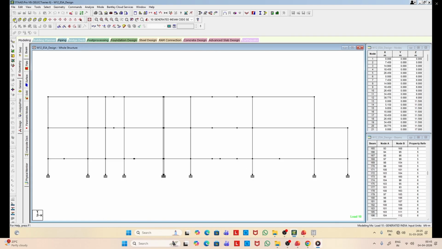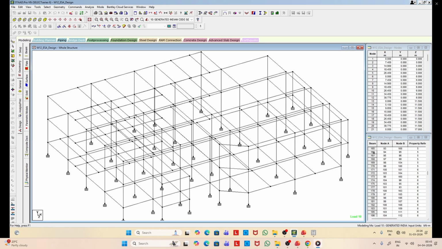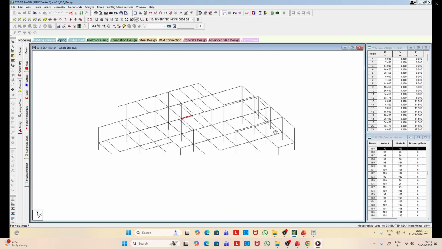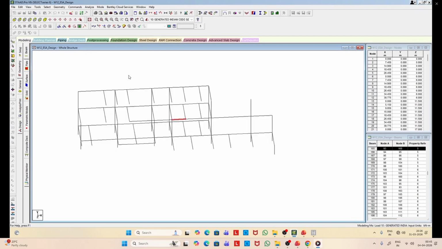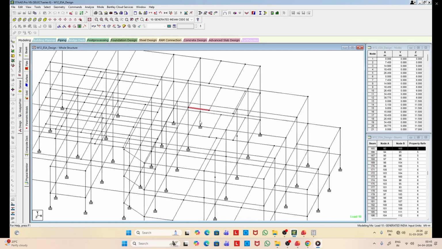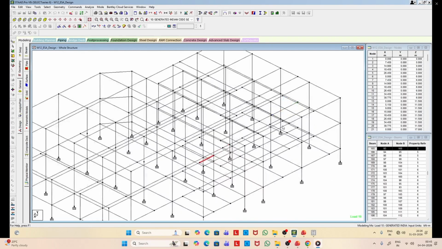Now for them, we have to modify the sections, that we'll do in a minute. So you can see the location of the member that has failed.